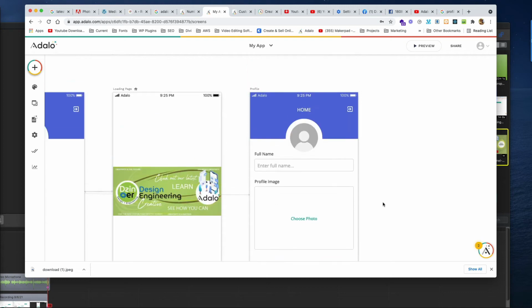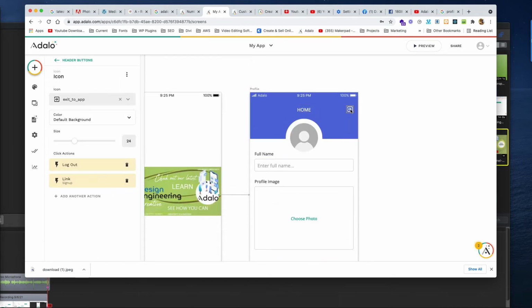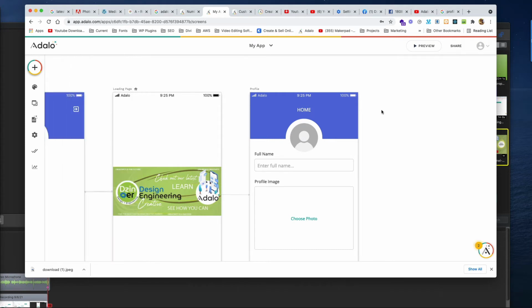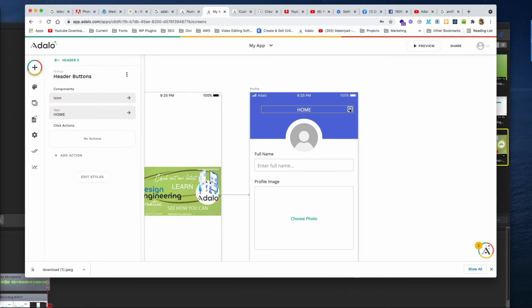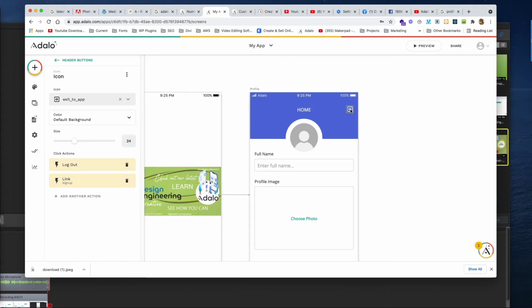So now it looks a little bit more beautiful. Now you don't need a log out button here, so you can double click on that afterwards and get rid of it. And we want a back button, so I'm gonna actually put it back so I can have something to line up against. And I'm gonna click, I can actually go in here and I can click on this thing, copy